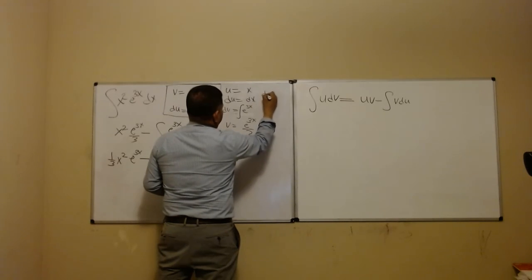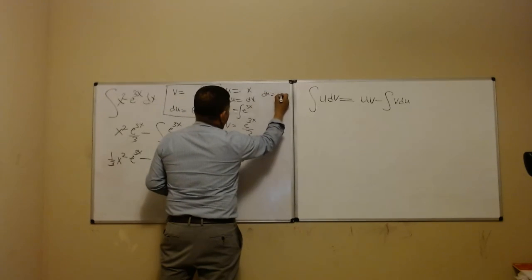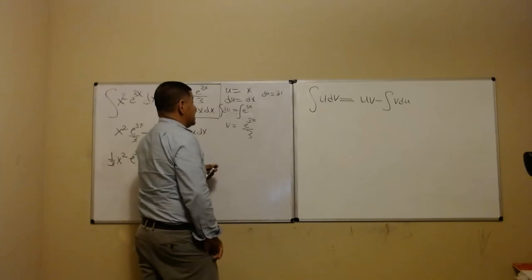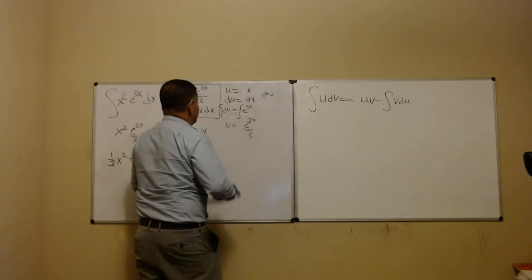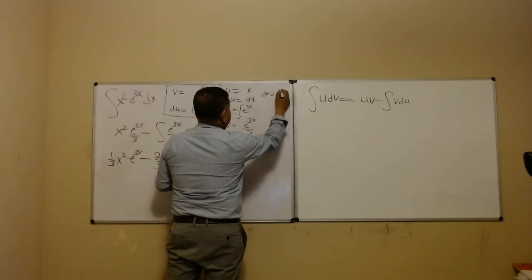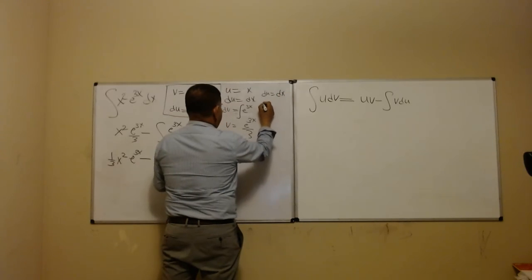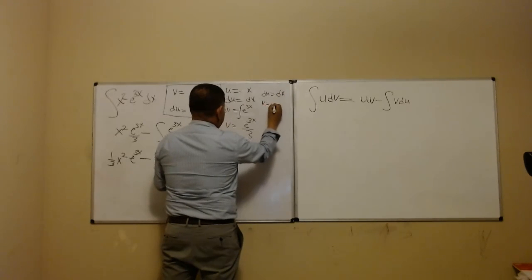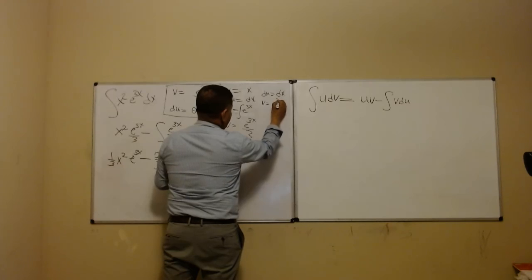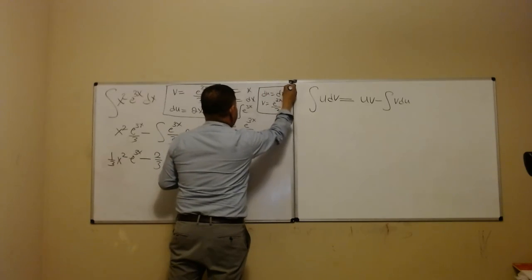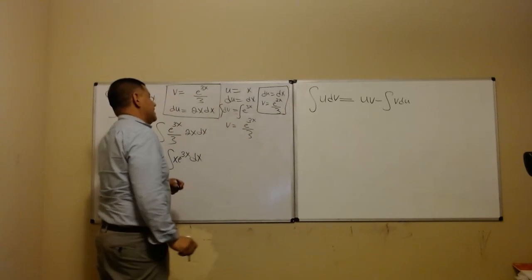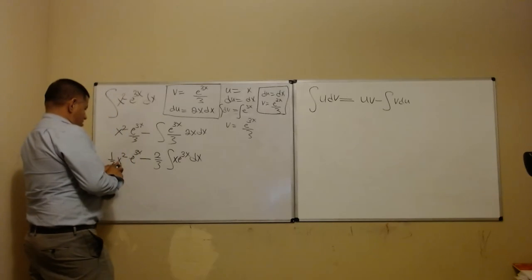So du is equal to dx, right? And v is equal to e to the 3x over 3. So we also need that information, right? We also need that. Okay, so